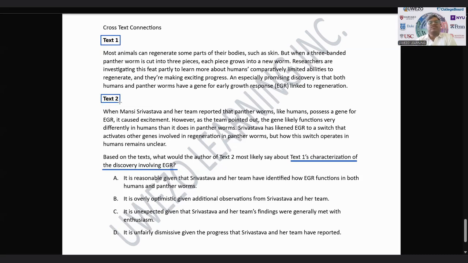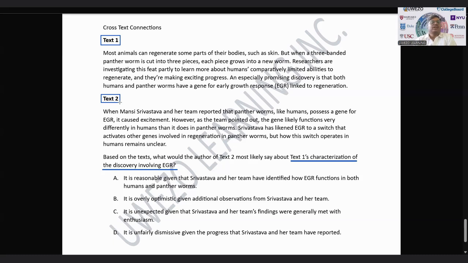So while working on the text, you have to make sure you read each text very carefully and note down important points. So let's start with text 1. Most animals can regenerate some parts of their bodies, such as skin. But when a three-banded panther worm is cut into three pieces, each piece grows into a new worm. Researchers are investigating this feat partly to learn more about humans' comparatively limited abilities to regenerate, and they're making exciting progress. An especially promising discovery is that both humans and panther worms have a gene for early growth response, EGR,